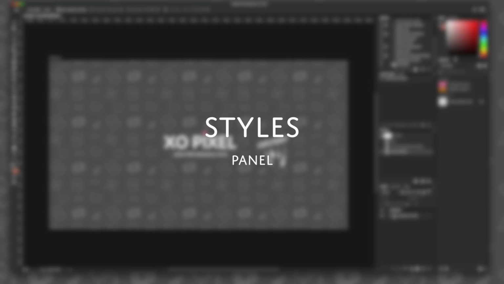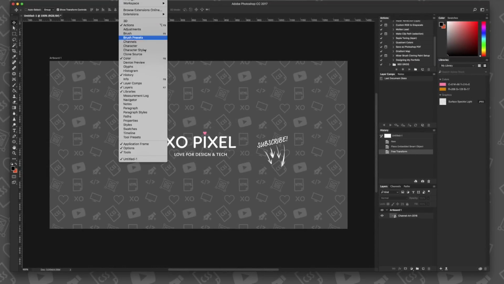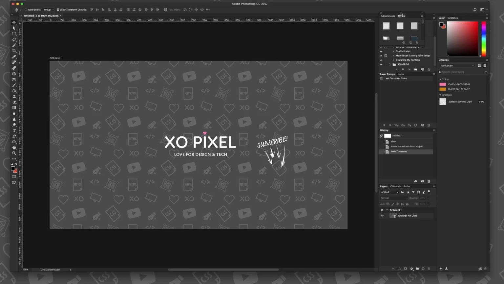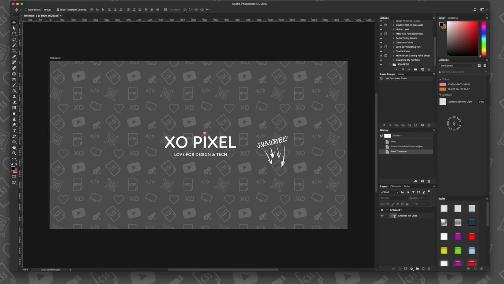The Styles panel is great to have in the ultimate web designer workspace. The Styles panel allows you to save time by saving styles that you've applied to elements. For element styles that are repeated multiple times throughout your mockup, this panel will be useful. I find myself using this panel if I have a certain style that I want to apply to all the